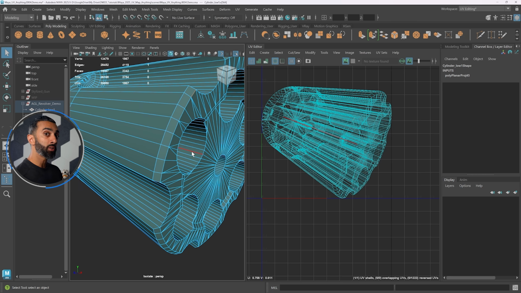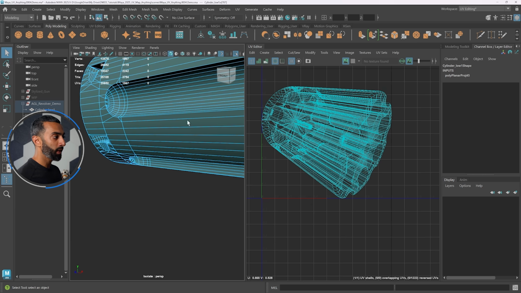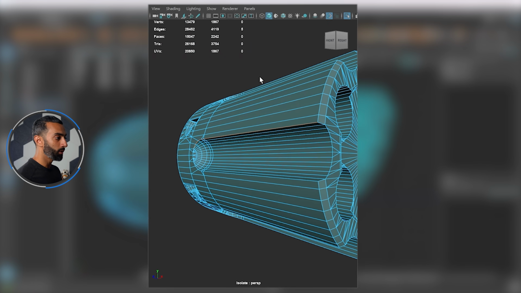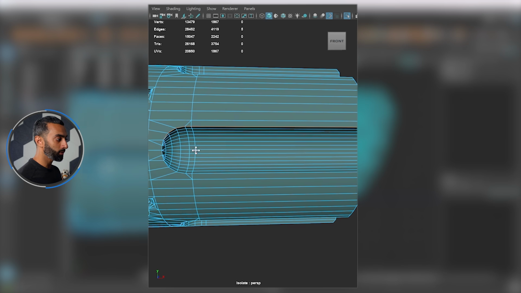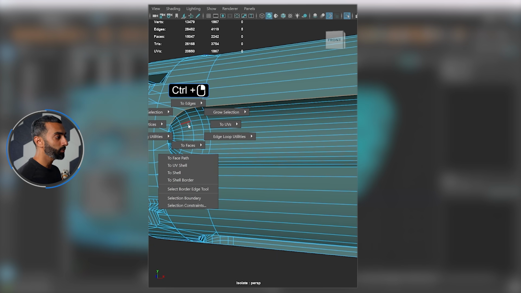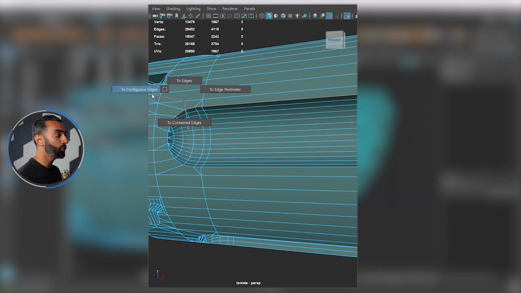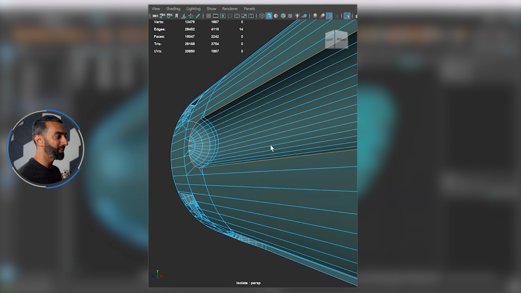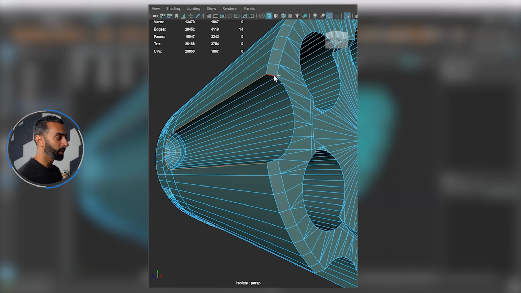So there is a method that you can use to select through triangles, which is called continuous edges. So I can select my edge, and actually I like this. This example worked well. You can see where it stops from all these triangles here. Now if I hold Control right mouse button, you can go to 2 edges and then 2 continuous edges, and boom, it selects the continuous edges here. And I can continue to do that. And sometimes it works well and sometimes it doesn't. You can see it kind of over selected here, which is fine. That allows me to select edges through triangles when you don't have clean or easy quads to double click your